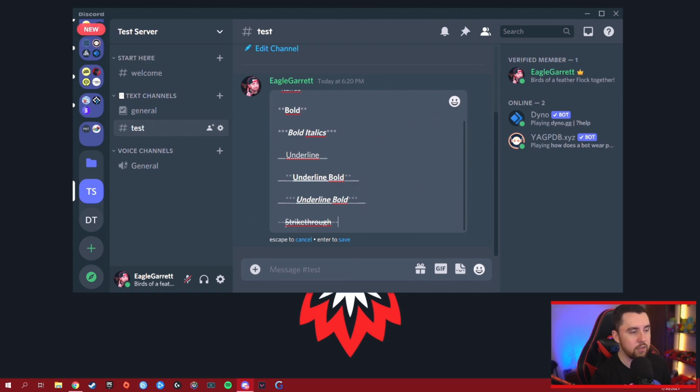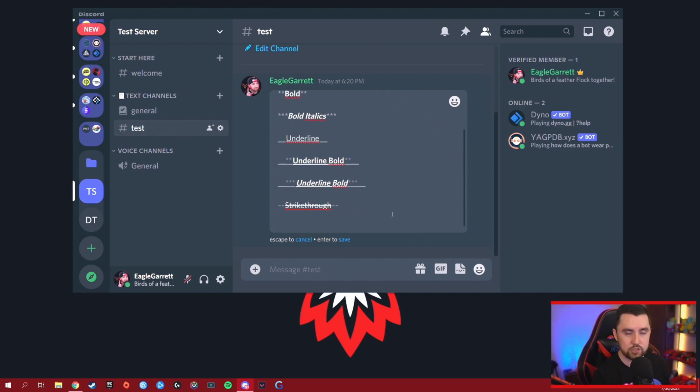And then the last one is strikethrough, which is these little squiggly lines. I can't remember what they're called, but those little squiggly lines, 2 at the beginning, 2 at the end, and that will allow you to strike through any text. And you'll notice that as I type, let's say I go down here and I want to strike through, let's say we're going to say something terrible like Pokemon is stupid, right? And then we put 2 more little